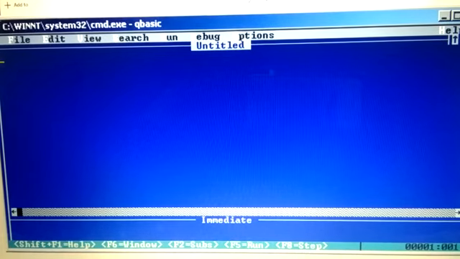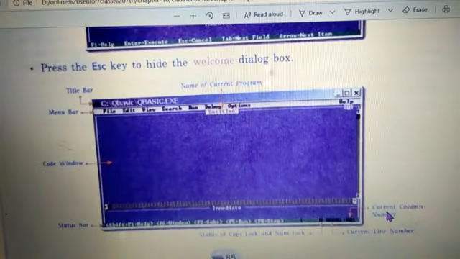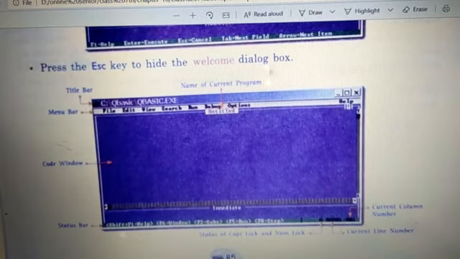Now children, at the very right side, see what is written in your textbook. You will see the current column number. When we are typing in QBasic, it reads every character, because when we compile, we should know where the error is. It will let you know where the error is when you know which column you are in.